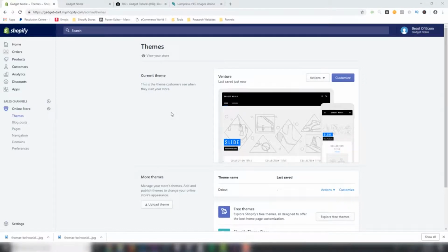Okay, so what I'm going to do now is literally just start to edit this website. I'm going to spend some minutes live, uncut, just editing this website for you so you can see what sort of things you can edit on this free theme. Again, if you've got a different theme, then some of the settings may be a little bit different, but I just want to try and show you how to bring a website to life, so you can